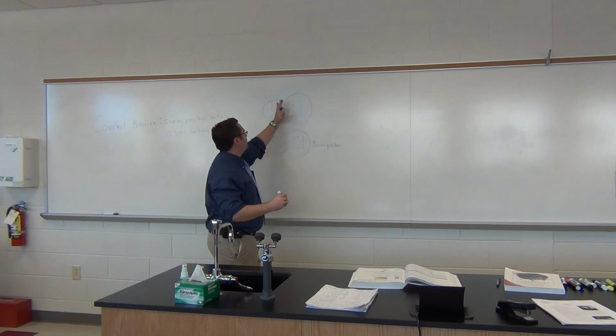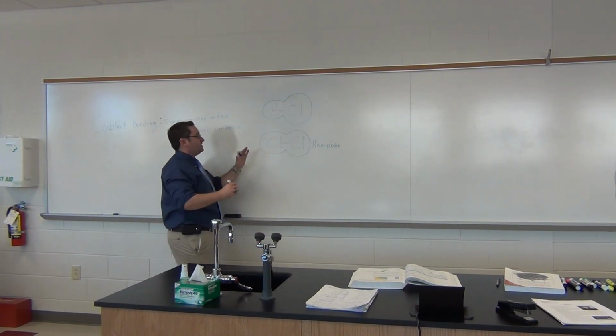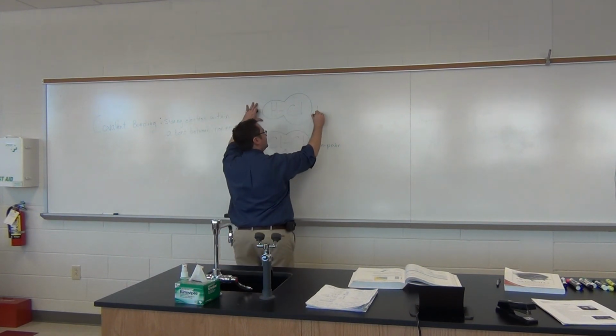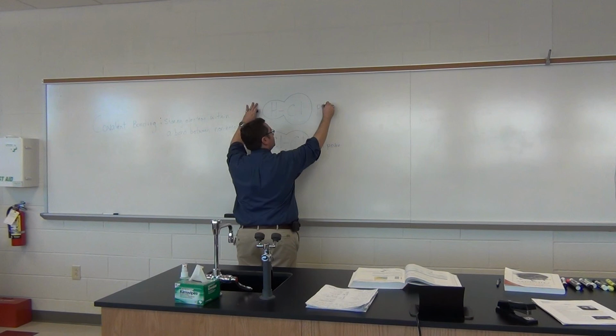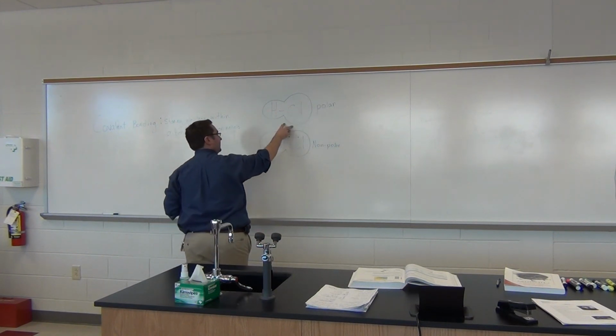You'd have a greater distribution of electrons towards the chlorine end. This is going to be polar. Now, an ionic compound